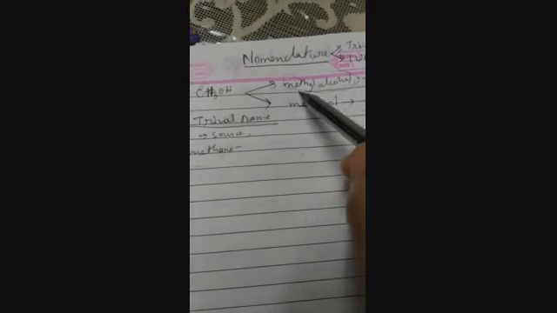Two types of nomenclature are there. One is your trivial and another is your IUPAC, that is International Union of Pure and Applied Chemistry. This is the community which actually gives a more modern and systematic naming of the compounds, organic compounds. Now the trivial name is the old method of naming. So let us take an example. Suppose this is CH3OH we have taken. According to the trivial naming, it will be named as methyl alcohol.